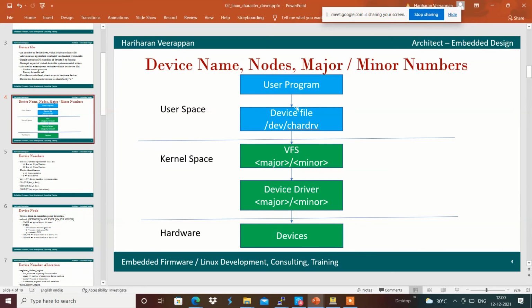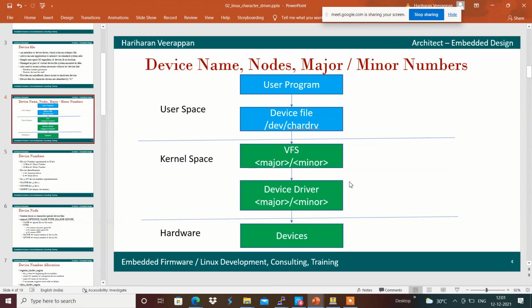There is a respective callback in the device driver for the read and write from the user program. To receive the data from the user program we used copy from user, and to send data back to the user program we used the copy to user API.